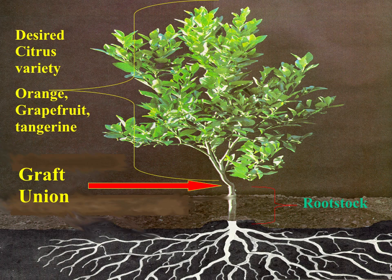So we take whatever scion from orange, grapefruit, tangerine, whatnot, and we then graft that to a rootstock that's going to be more drought tolerant, that's going to be less susceptible to nematodes, to certain diseases that are predominant in a particular environment. So we're looking for the best rootstock to give us the best quality fruit on a different scion. So we're literally grafting two very different types of plants together out of the same family to get a high quality product. So commercial trees are going to be grafted, and so are the ones that the homeowners are going to be finding. And so there are some specific things that we need to make sure we mention to them and things we need to be looking for when they tell us they're having problems